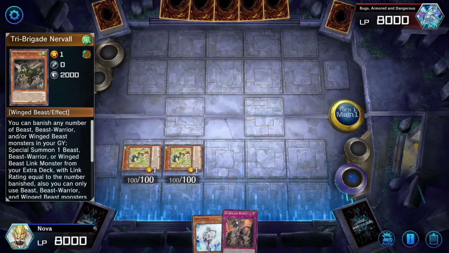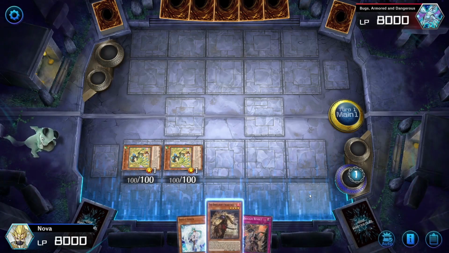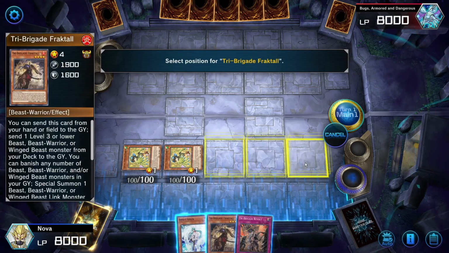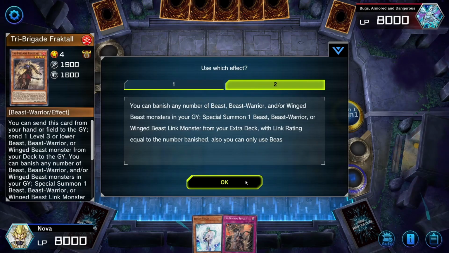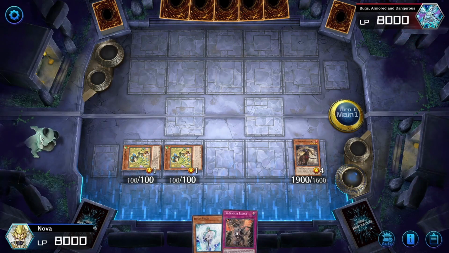And then we'll activate Norval, and since we haven't really normal summoned yet, I'm going to opt to choose to add another Fractal to our hand, and save the Terrace for another time. We will activate Terrace here, banishing 3 cards,